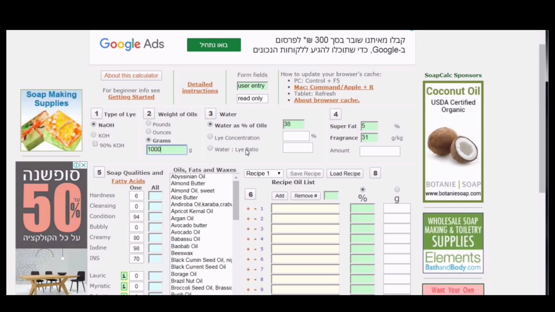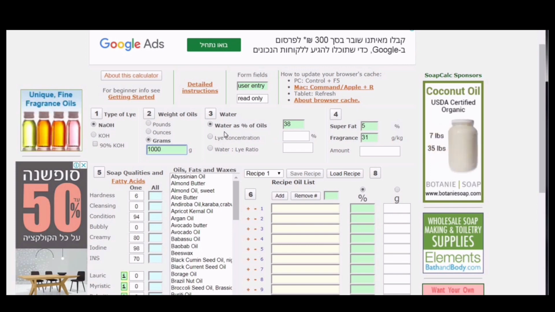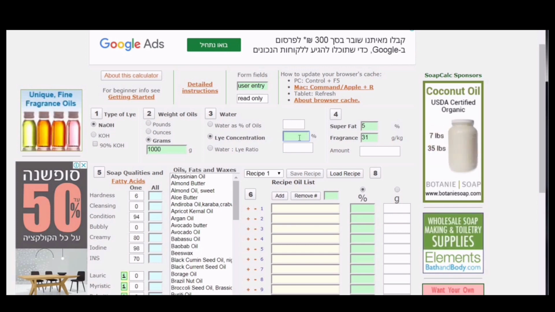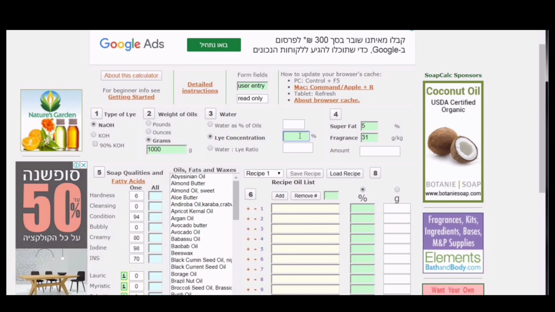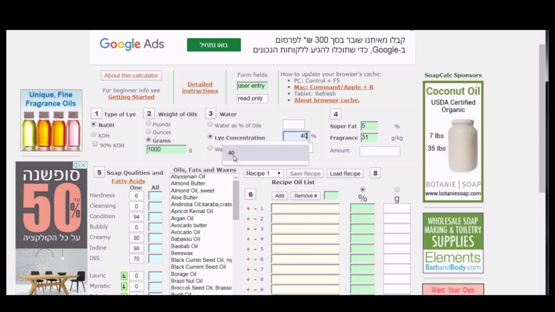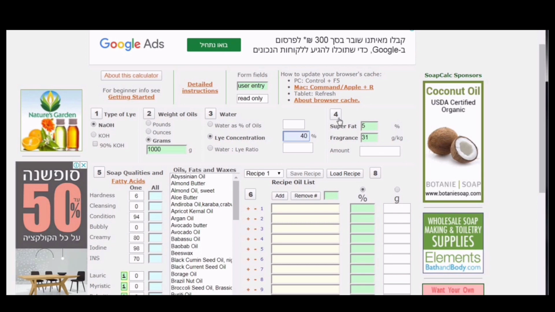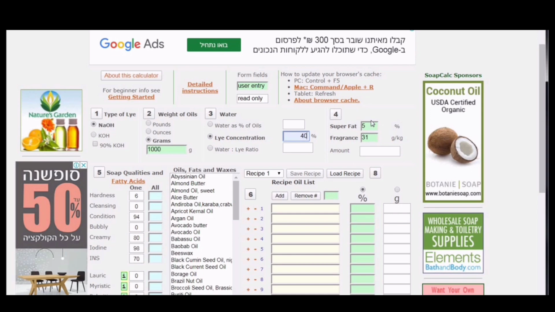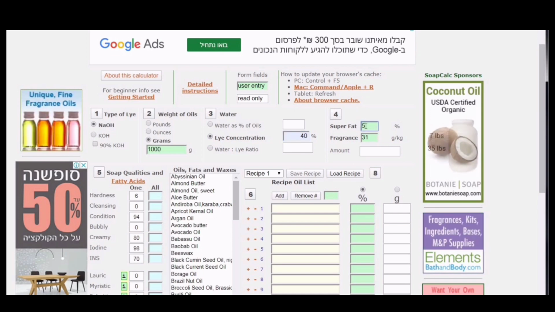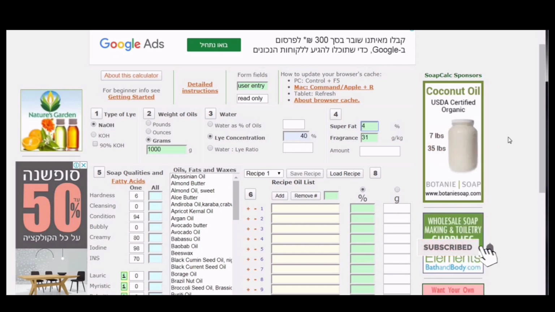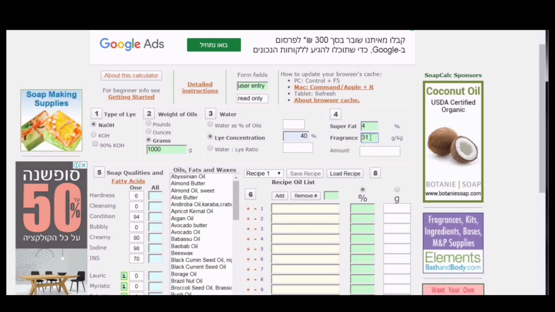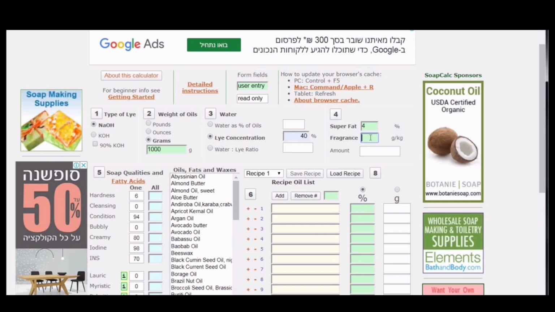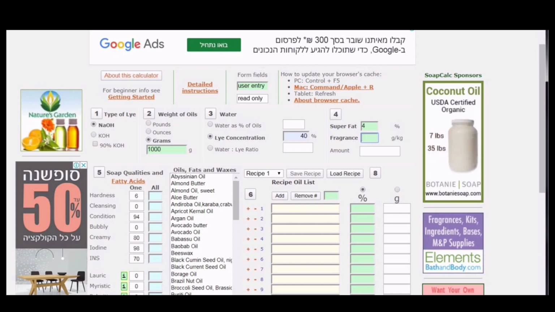And you move next to your water section, where you input your lye concentration. Our lye concentration for this recipe is set to be at 40%. And so we move to number 4 here, where it says super fat, and for this recipe that we've chosen, we put our super fat at 4%. And for this recipe I didn't add any fragrance. So if you decide to add fragrance to your recipe, you could also calculate that out and input it in